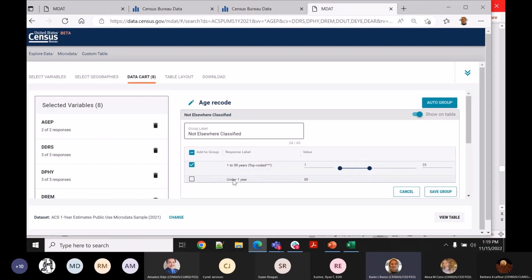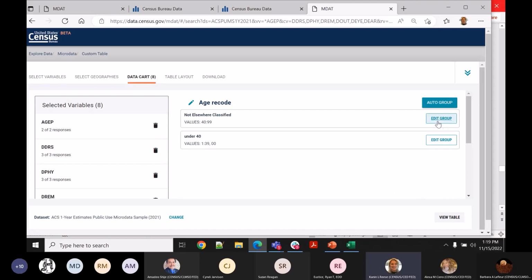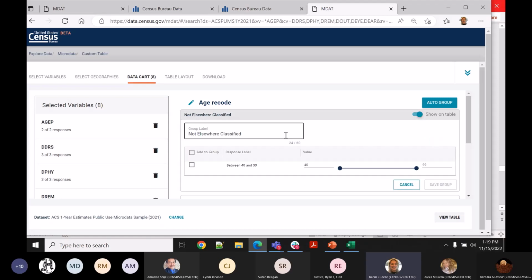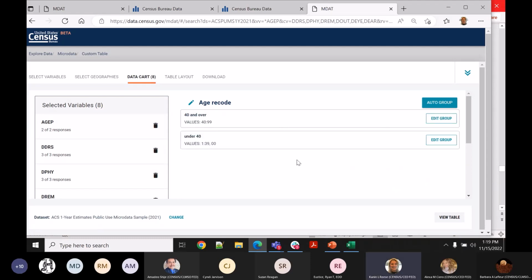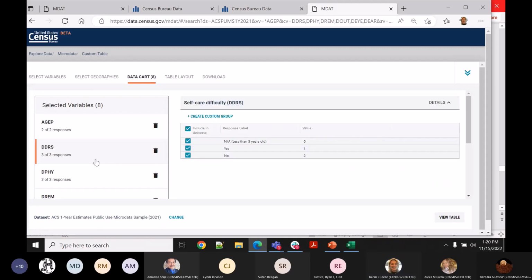All right. And then I'm going to click on the under 1, click on this, and do under 40, save group. And then everything else that's not elsewhere classified, I'm just going to call this 40 and over. Save group. All right, so I have my 2 values, and then I have all of these individual variables, but